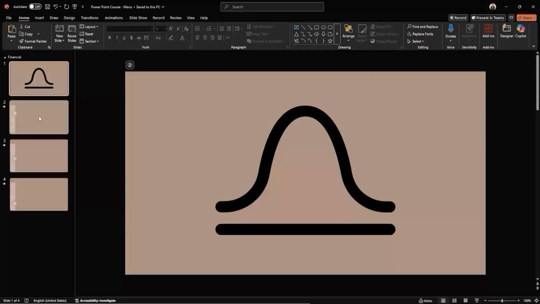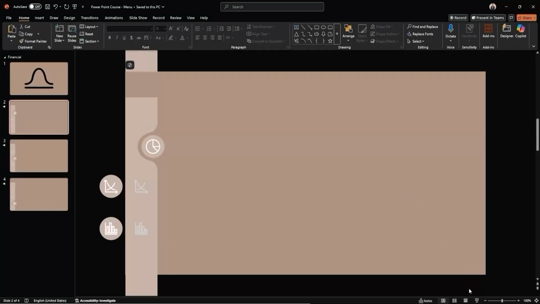In this session, we're going to build the interactive menu for our financial charts. Before we begin, let's take a quick look at what we're trying to accomplish. We want to build a menu that, when clicked, smoothly navigates to another slide and displays the corresponding chart logo. This will be a lot easier than the wheel-based menu we built in the science module.